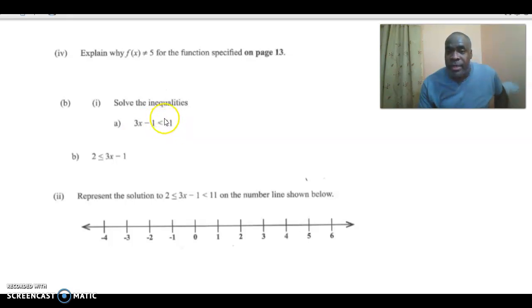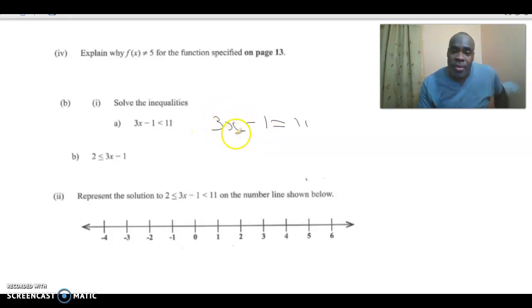It will be less than 11. So that statement will have to be true. Now, how that is done, what I would do, I would set the expression, the inequality, 3x minus 1, and set it equal to 11. Good? Now, so from there, we can ask ourselves the question, what number when you subtract 1 from that number